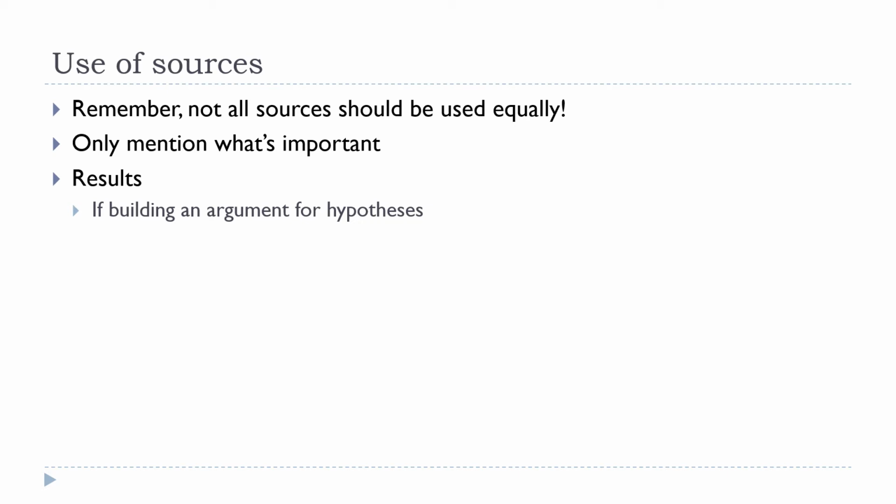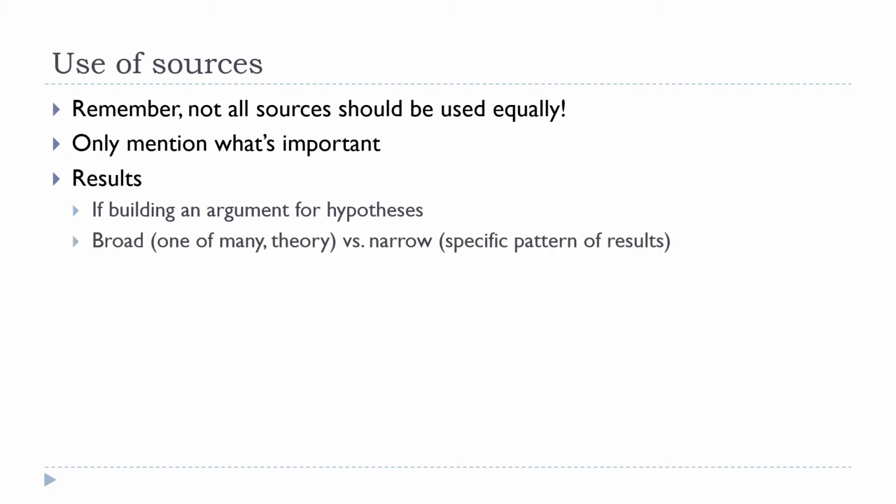So for example, you would describe a study's results if you're using that particular pattern of findings to justify the pattern of findings that you expect to see in your own study. You could either talk about it as a very broad finding, for example, studies X, Y, and Z have all found this particular pattern. Or you can focus in on a particular study and their specific pattern of results. We're going to talk about this a little bit later when I talk about keystone versus touchstone sources. But keep in mind that even describing the results of a study are not necessarily the same for all of your sources. Some you focus in on specific patterns, others you paint with a broad brush.